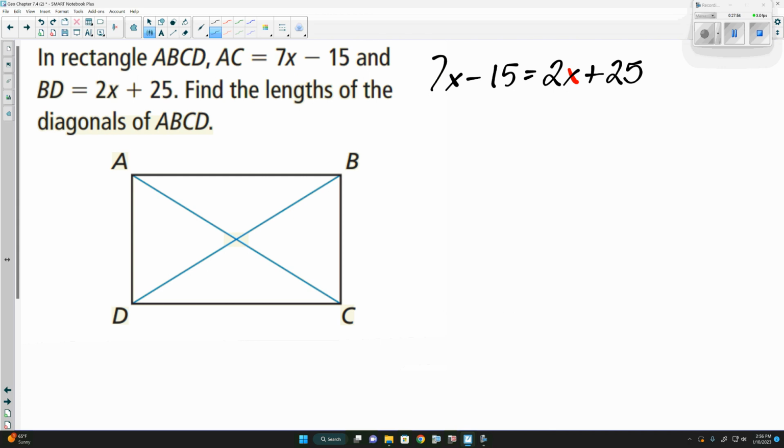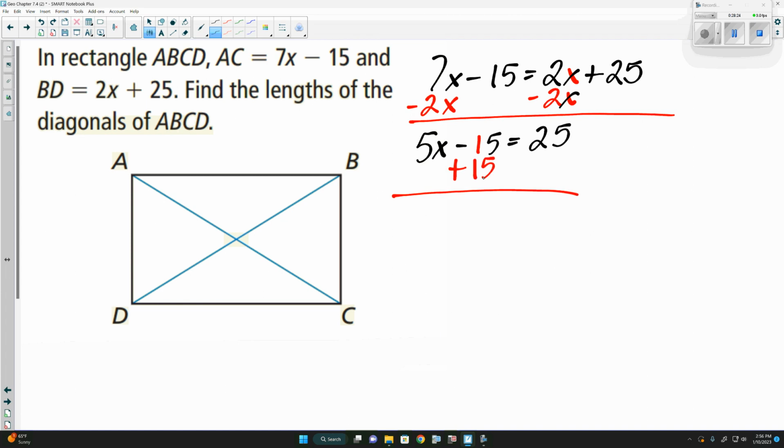Now the first thing we can do is, we can minus 2x, we can minus 7x, we can add 15, we can subtract 25. Just pick which one you want to do. All right, so subtract 2x. But the biggest thing with this here is that we make sure that we end up with the x's on one side and the numbers on the other. That's what we're trying to get to. Now at this point here, we can add 15, which will tell us that 5x is equal to